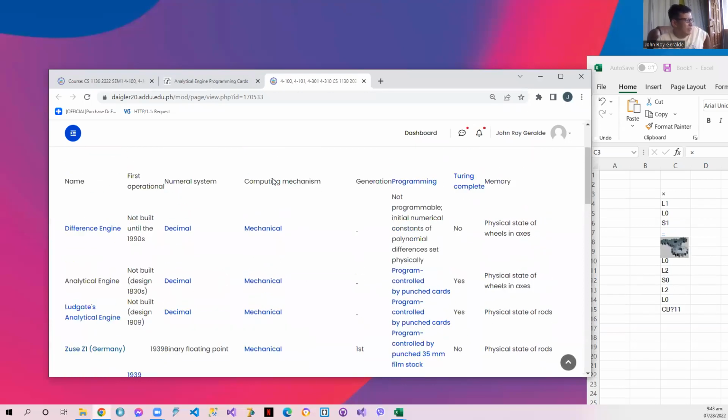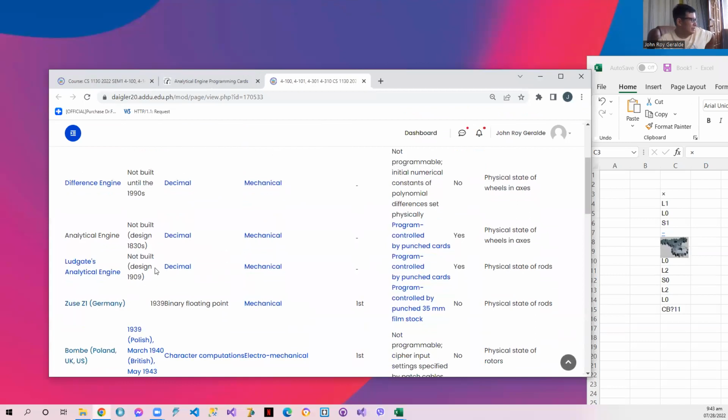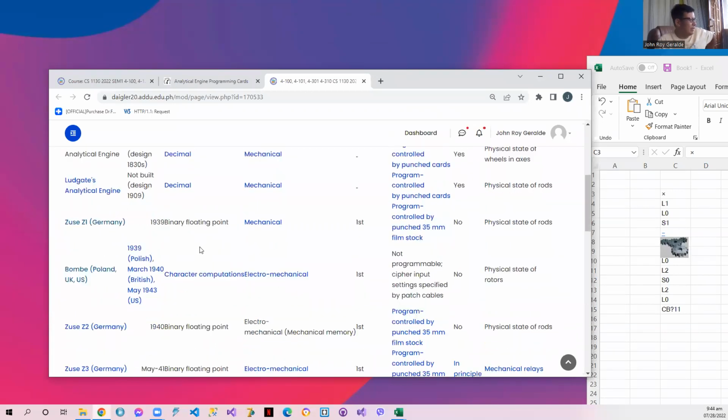So this is 1837. The Analytical Engine was introduced. It was never fully developed, although a small version was developed by Charles Babbage. In 1909,